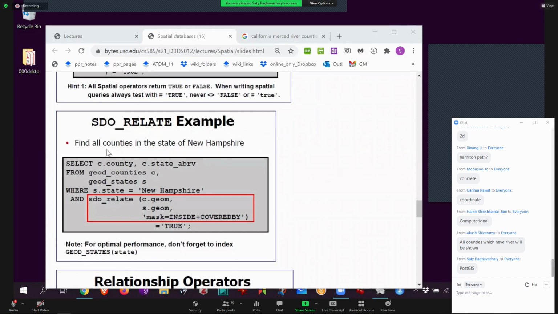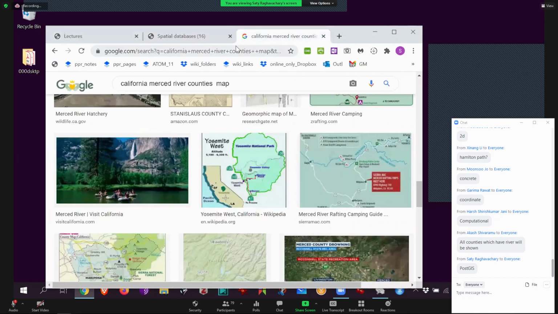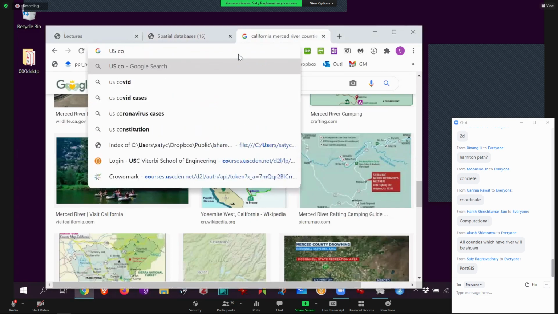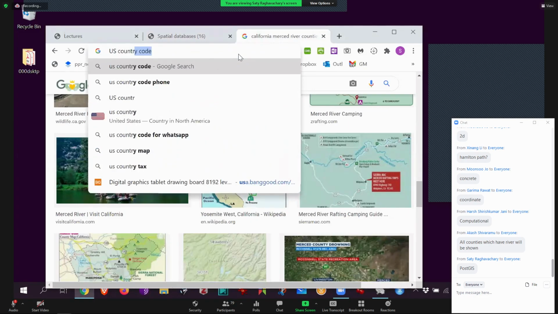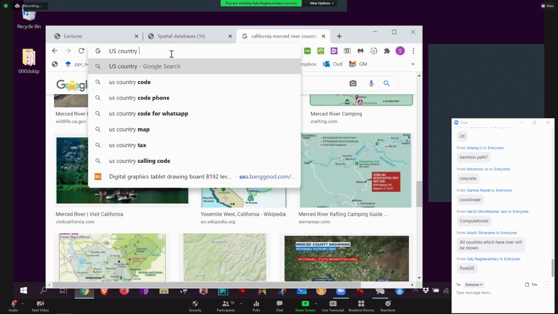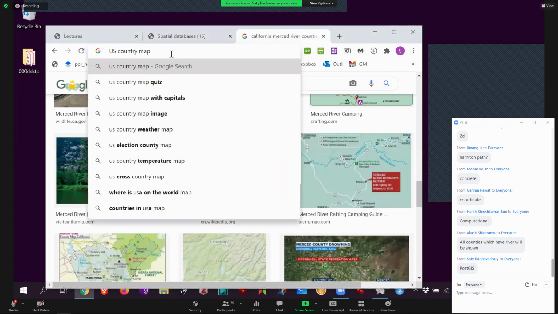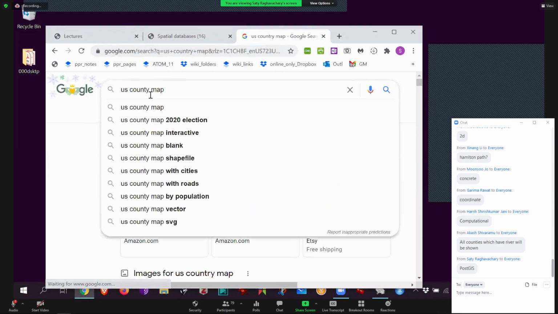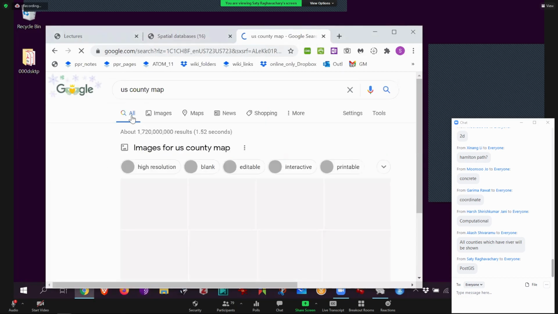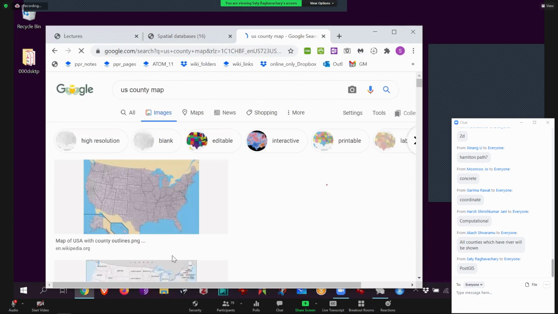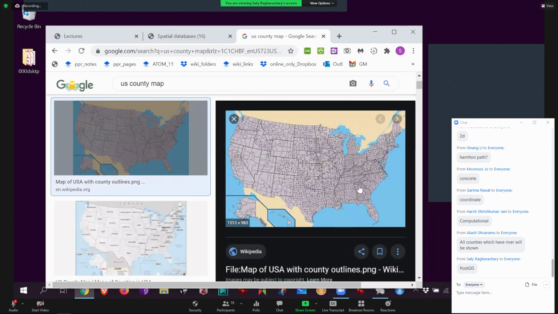Relate. So again, the US is filled with counties, right? So I'll just show you all over. But what if you want the counties only within New Hampshire? Then you want to intersect the county map with the border of New Hampshire so that you can only get the New Hampshire counties. Very fascinating, a little jigsaw puzzle. Whoa. Okay. Crazy, right? This is the county map.